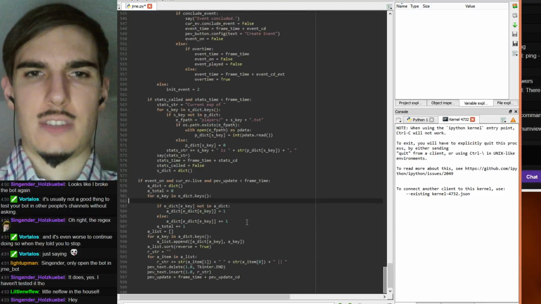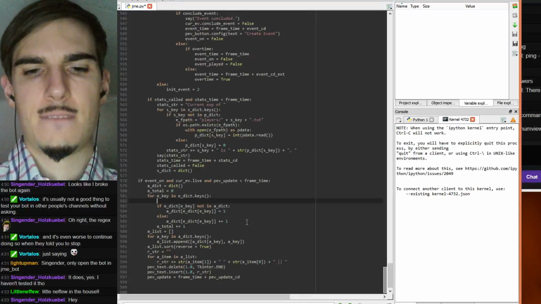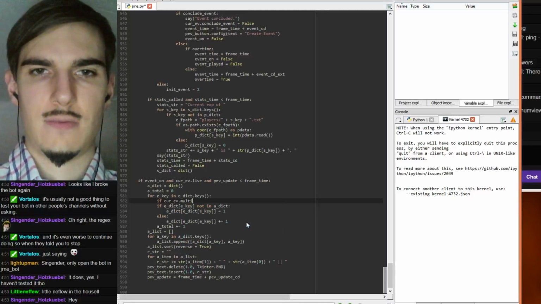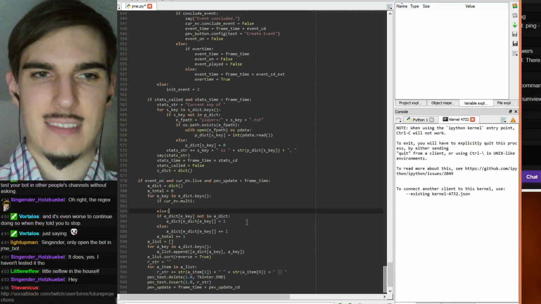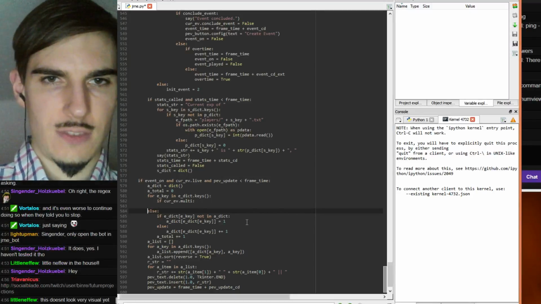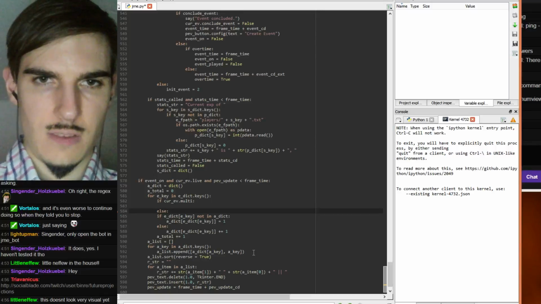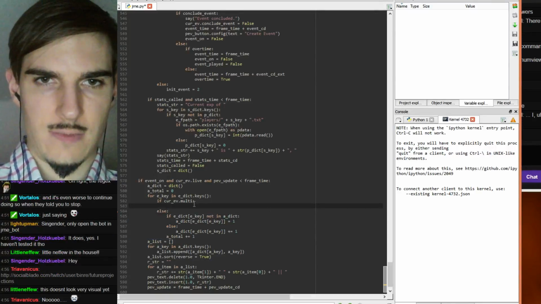We have to split here. We have to say again if cur of dot multi, which should now work, and then else. That goes there. This all gets indented.